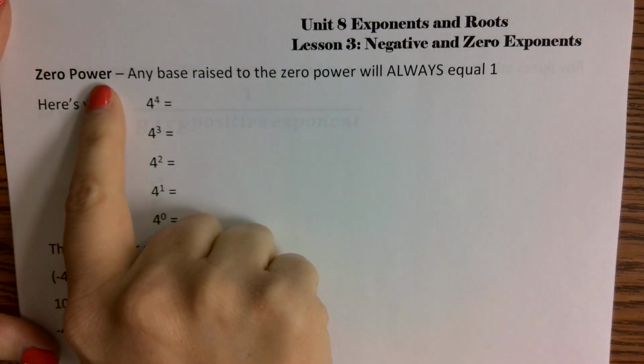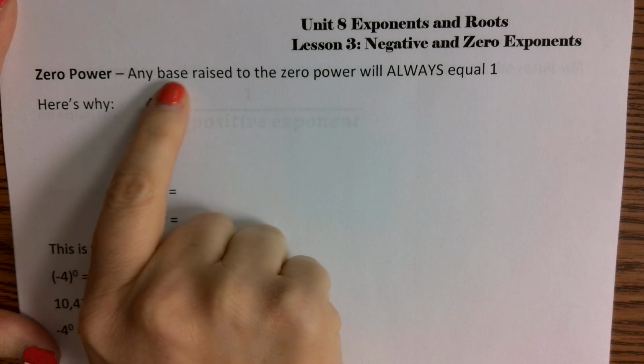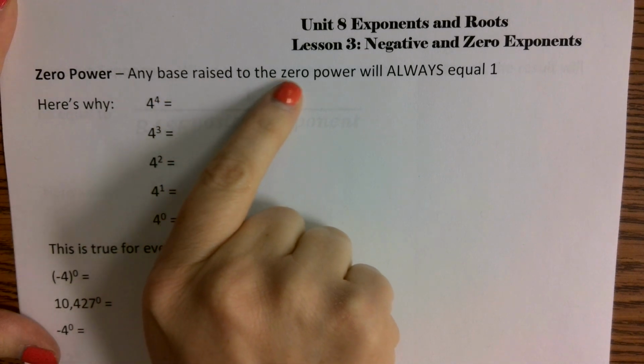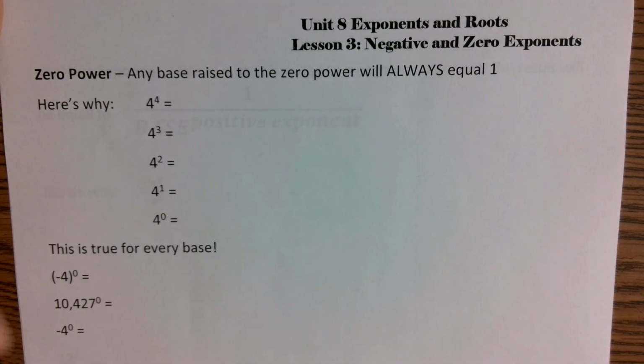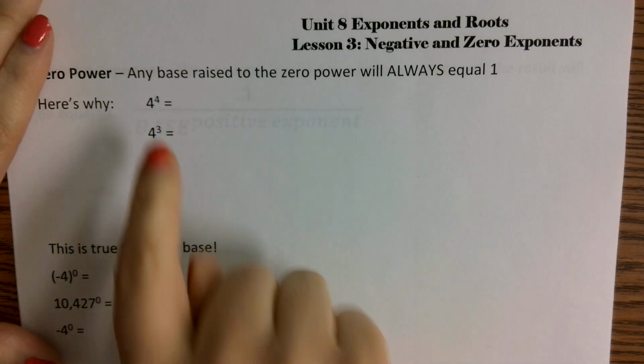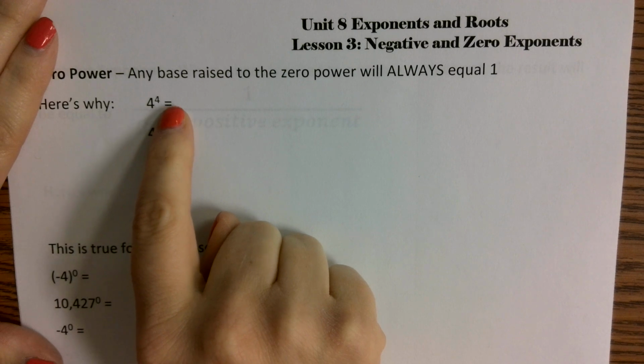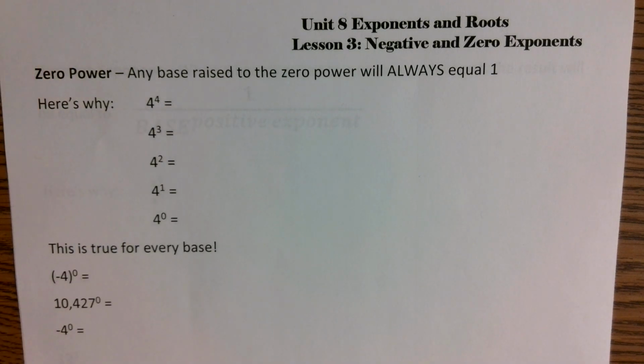So a 0 power: any base that is raised to the 0 power will always equal 1. It does not matter what the base is. If it's raised to the 0 power, it is always going to be equal to 1. Here's why. So if we have 4 to the 4th power,